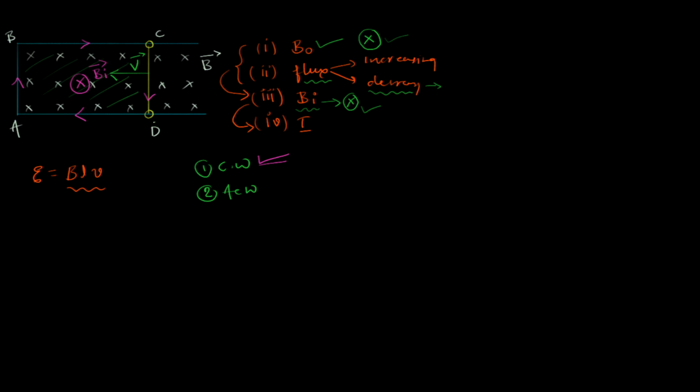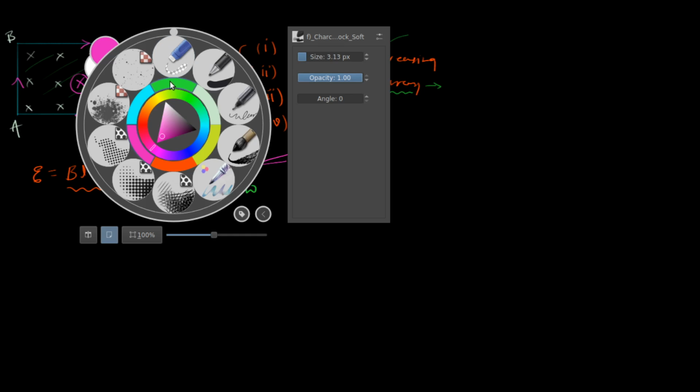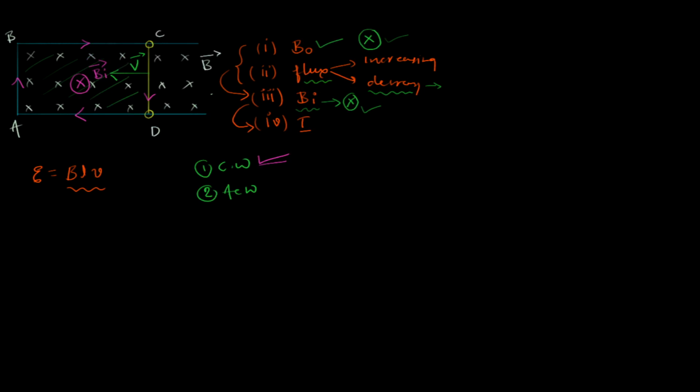Alright, now that the current is clockwise, how do I decide the direction of EMF? I've not done that yet, right? So let's try to focus on that. In order for current to go from D to A, from A to B, and then B to C, CD actually is the source of EMF, right? So it's as if the CD section of the diagram is behaving as if there is a battery fixed like this,